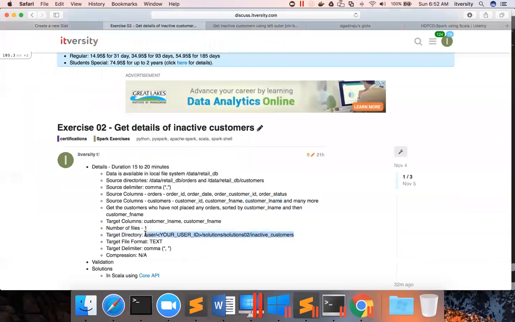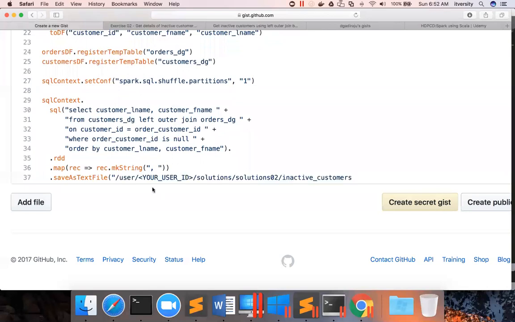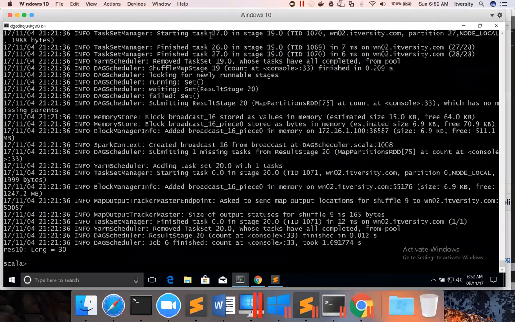I am copying this one, pasting here and changing the string to my user ID. As I have created these files as part of my earlier topic, while demonstrating the solution for the same problem statement with core API, I have to delete this